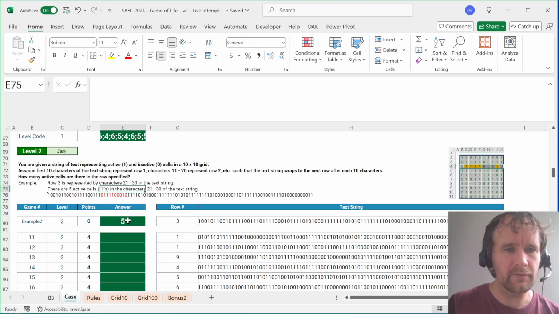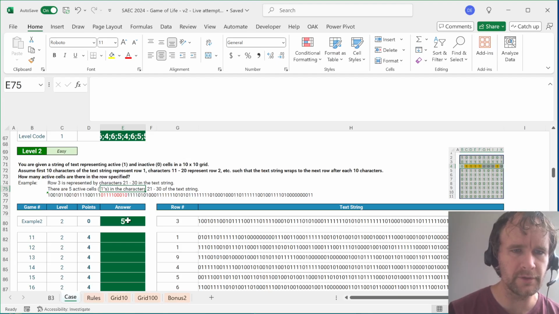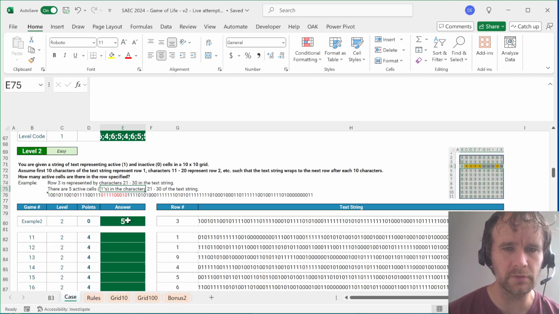Next. You're given a string of text representing active and inactive cells in a 10 by 10 grid. Assume the first 10 characters of the text string represent row 1. Sure, makes sense. How many active cells are there in the row specified? Okay, so